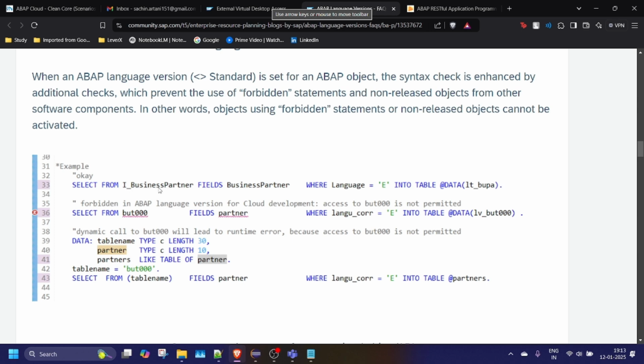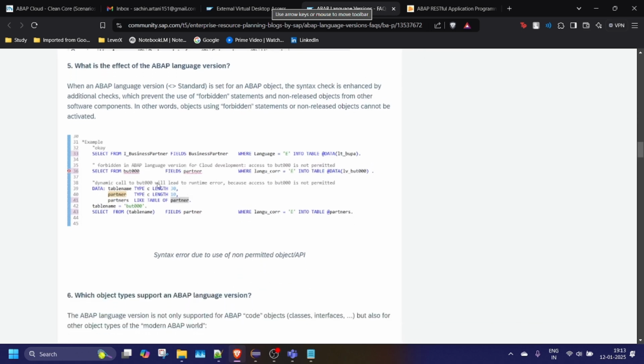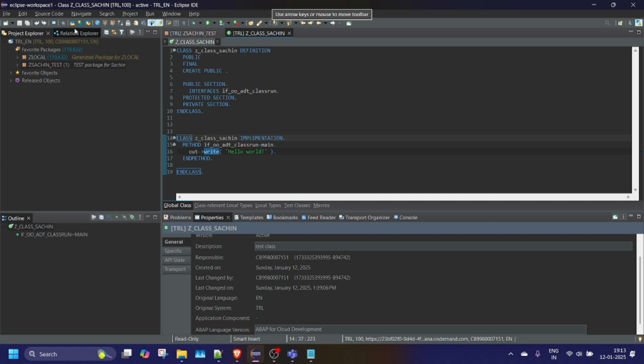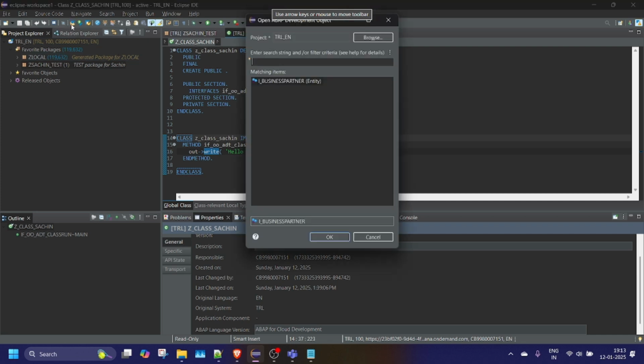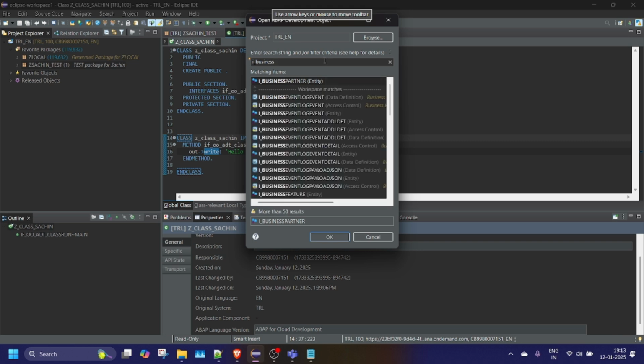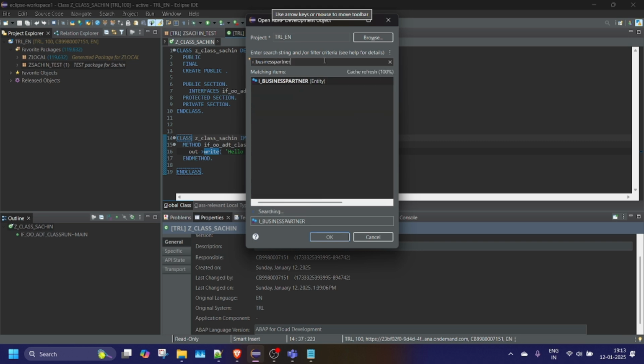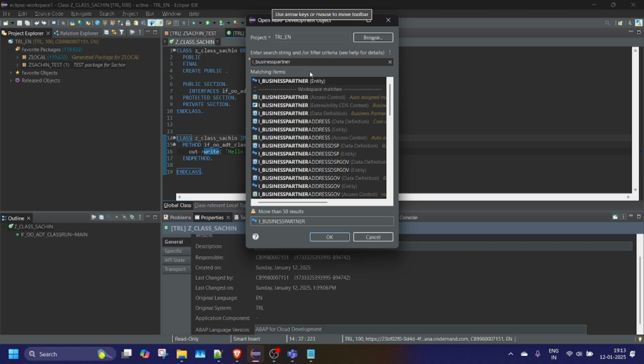Now what is this I_business partner? How come this is a released API? Why are we calling it an API? Let's go into our BTP environment. I'll click on this folder icon. I'll search for I underscore business. I'll see a long list available here, out of which I'll only look for I underscore business partner, which is